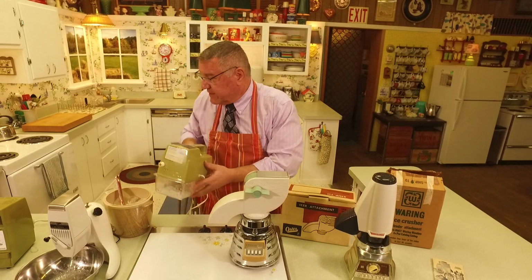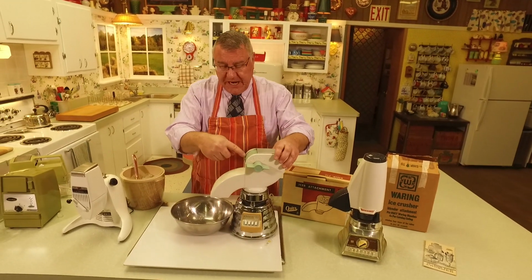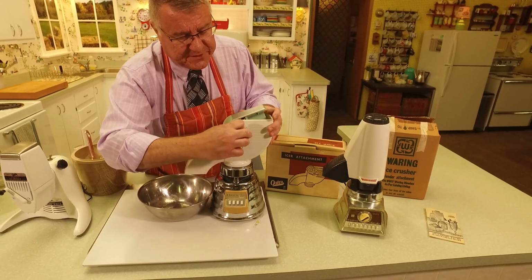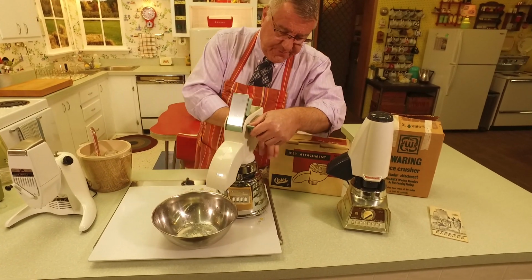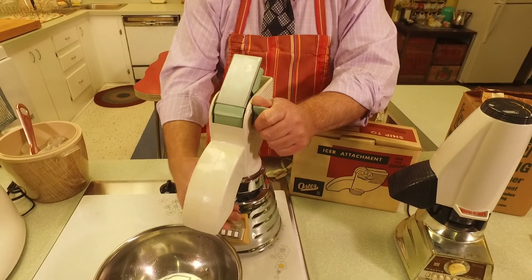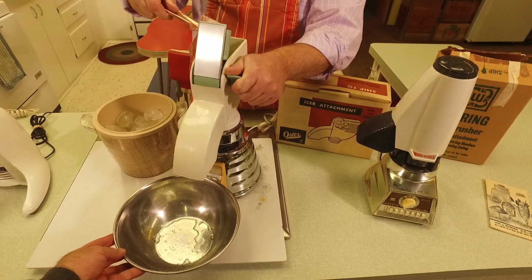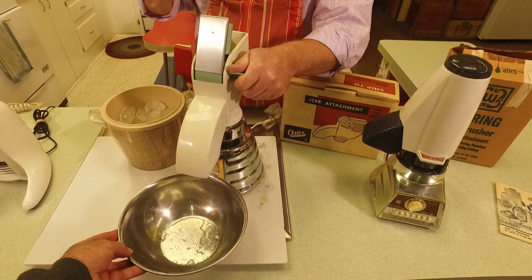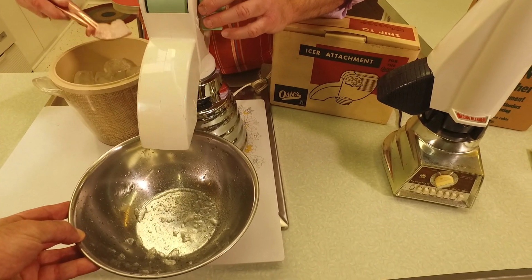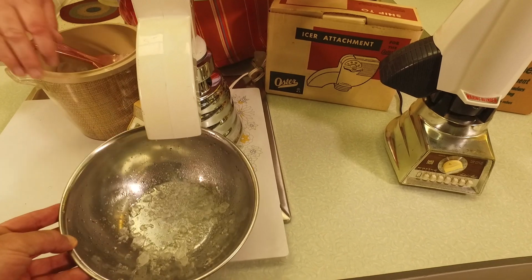That's so cool. And then, move this out of the way, and then what you would do is you would put, you see how it's shaped, here's your chute. Now let's turn this blender on. Doesn't it lock in somehow? Let me see, this opens up like so, okay? Let me do it this way. Okay, here we go. I'm going to turn the blender on. I might have it up too